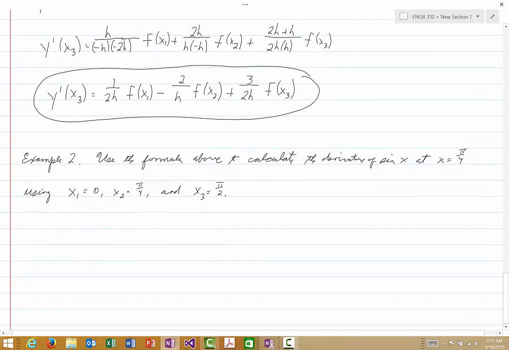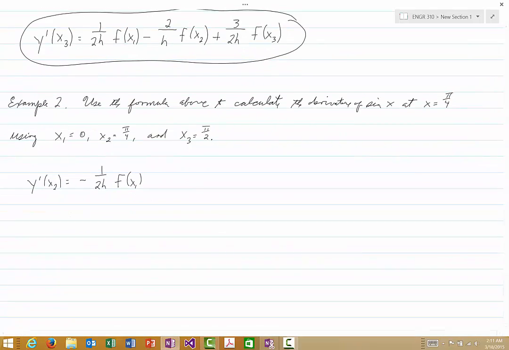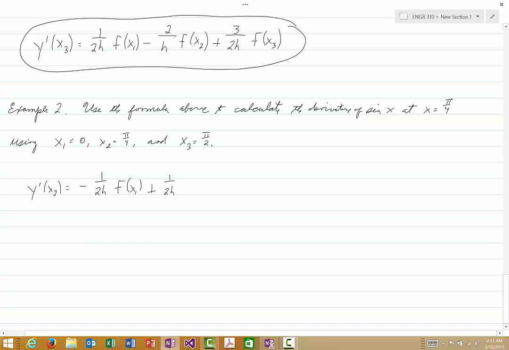And we see that that formula was y prime of x2 is equal to minus 1 over 2h times f of x1 plus 1 over 2h f of x3. So let's see how this will go. h is the spacing between the consecutive points, which is, in this case, pi over 4. So we get y prime of x2 is equal to minus 1 over 2 times pi over 4